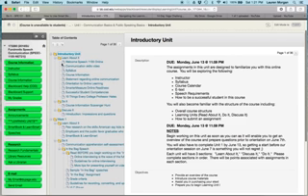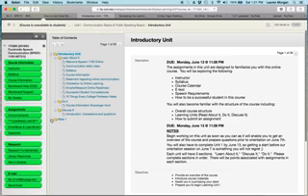You're also going to notice that there are a series of embedded folders within the unit. So you can think of that unit like a file drawer in a file cabinet. If I wanted to open up the introductory unit, I'm going to find some other files within there. To make it a little bit easier for us to see those files, I'm just going to minimize all of week 1 and then minimize the specific assignments or pieces of information that are in each of the folders in